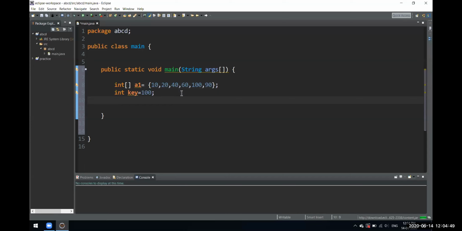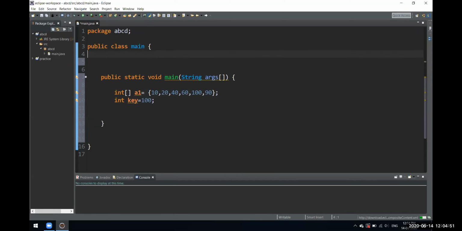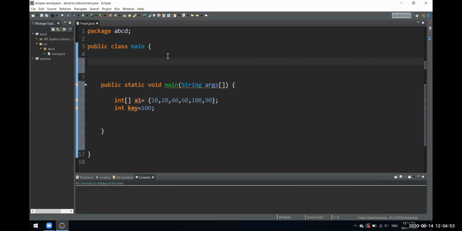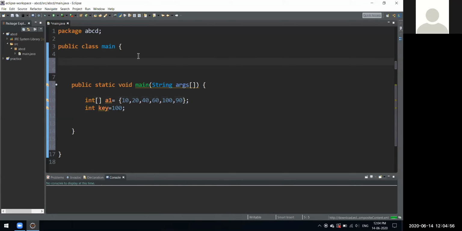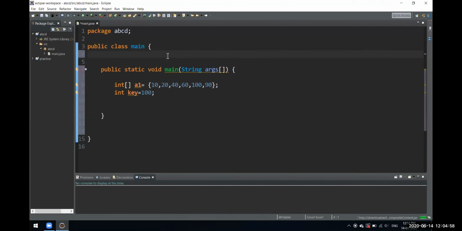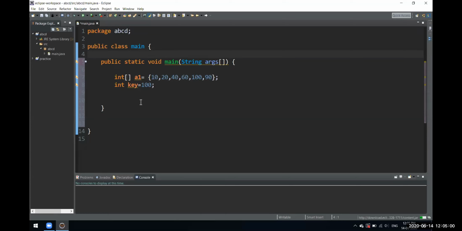Now let's build a function for the linear search. We can build it above, or anywhere below, or in some other class if you want. Let's build that function below this main method. That function would be public int, because it is going to return an integer, and let's name it linearSearch.